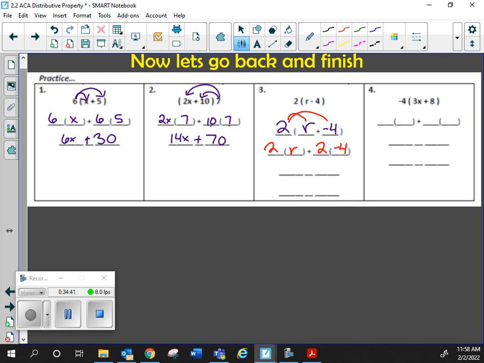Two times r is 2r. Okay, bring down that plus. 2 times negative 4. Signs are different, different negative. Very good. So it's going to be a negative. Very good. Okay. Adding a negative is the same thing as subtraction. So that's going to be the same thing as